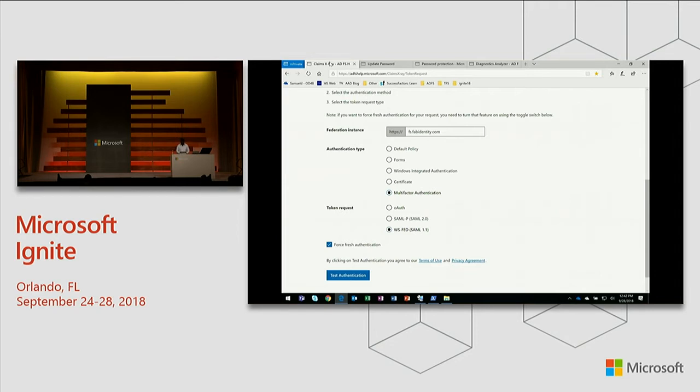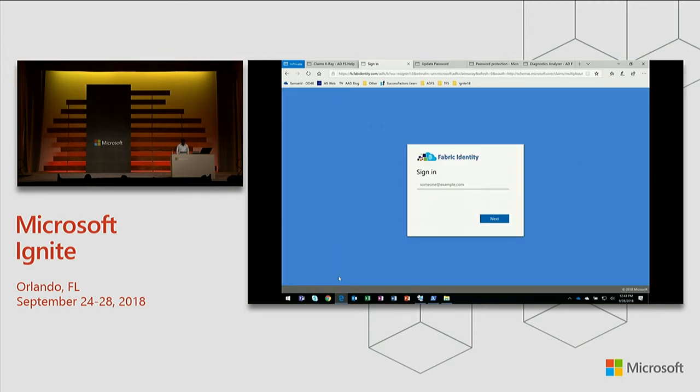All right. So this is a claims X-ray tool, which can attempt a transaction, and it's simple. It spits out the claims. It's pretty useful for debugging this. And as you can see from the policy, I'm asking for multi-factor authentication. You can see that being described here. And I'm also asking for fresh authentication so that I can keep demoing this again and again. So I kick that off.